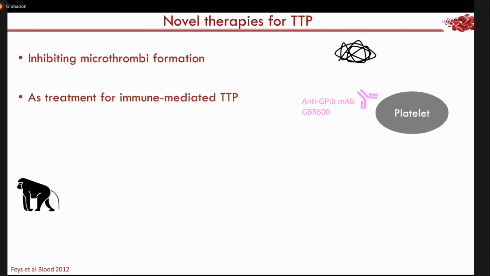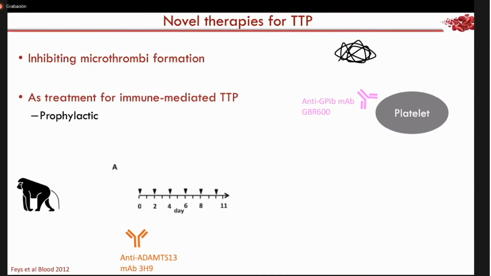If there is no plasma exchange readily available, you inject or you block platelet von Willebrand factor interaction, you prevent formation of microthrombi, and that would help the patient in the end. I have to say, remember when we discussed that therapy and planned our experiments in baboons, there was a lot of criticism because TTP patients already have a severe thrombocytopenia. So if you then would extra block platelet VWF interaction, that might not be good. But anyway, science needs new discoveries. So we did do the experiment in the baboon.